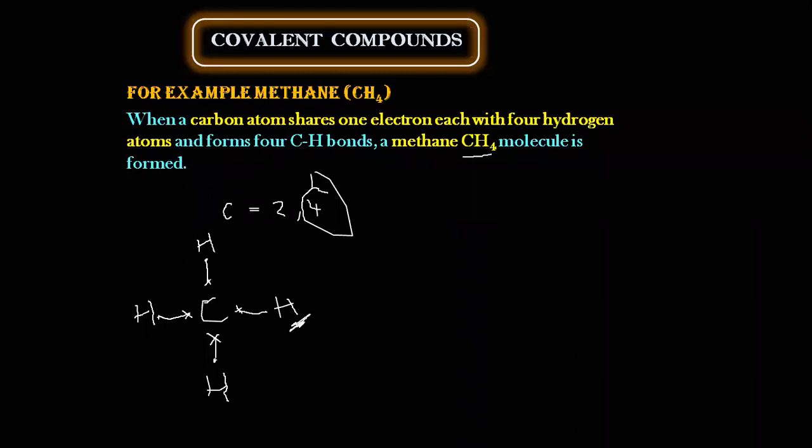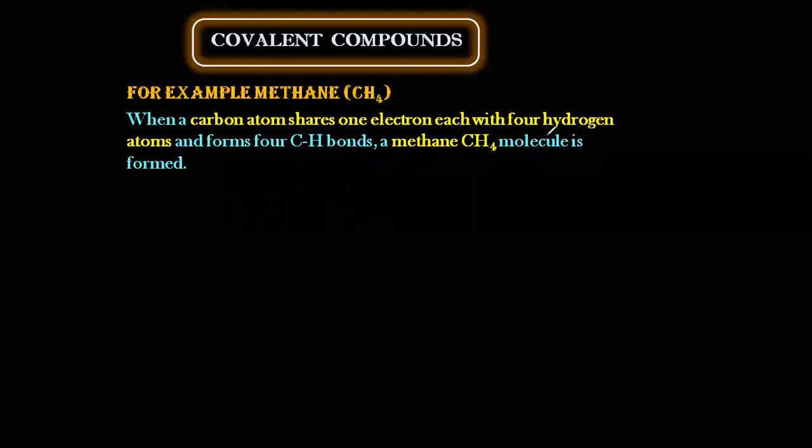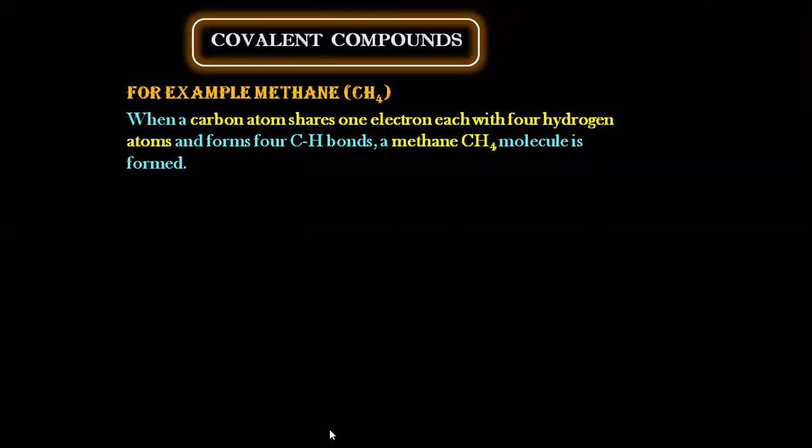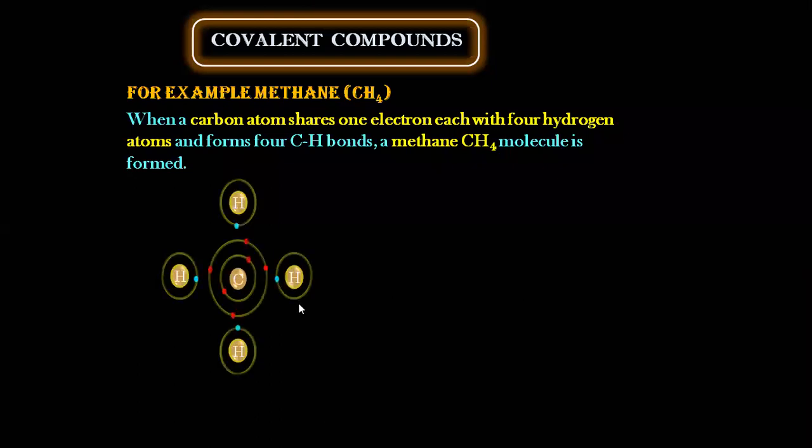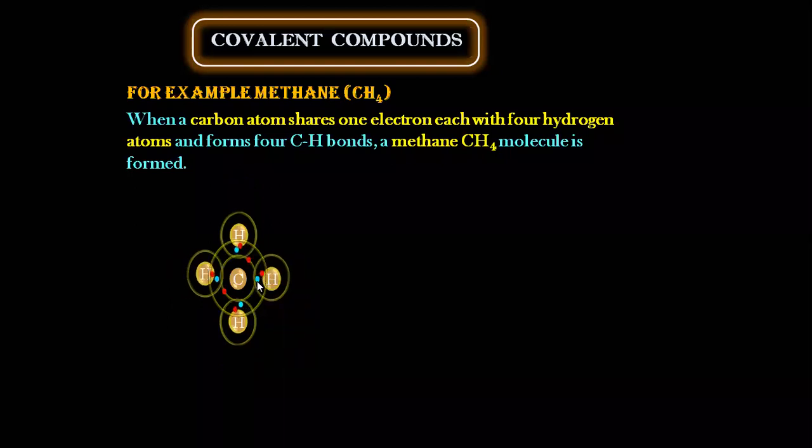Is it clear now, everyone? Did you understand how carbon is making the 4 bonds? Let's see. So this was my structure of carbon. 4 hydrogens have bonded with it. Now look, in the common gap everyone has their own electrons. So we get this carbon forming single covalent bond, and bond means 2 electrons are being shared or 1 pair, and we get the structure of methane.